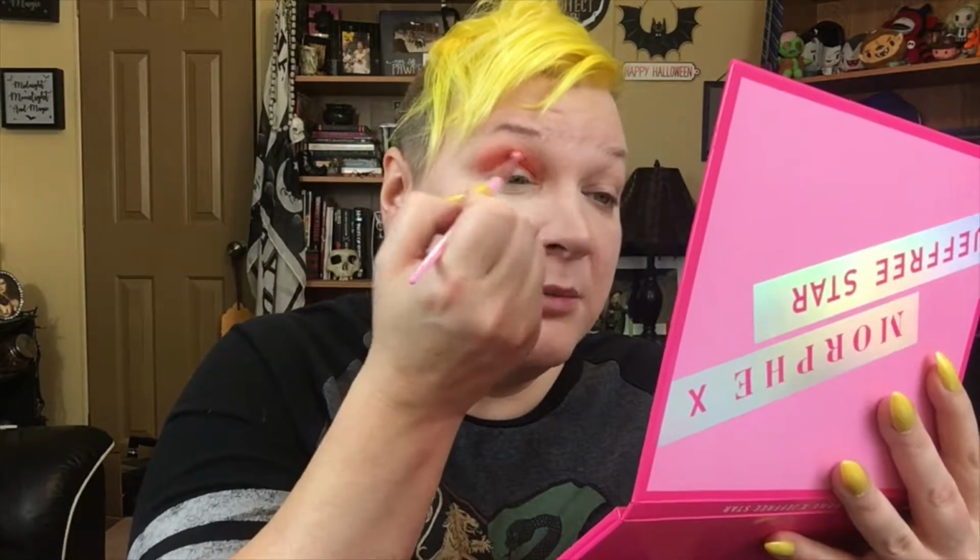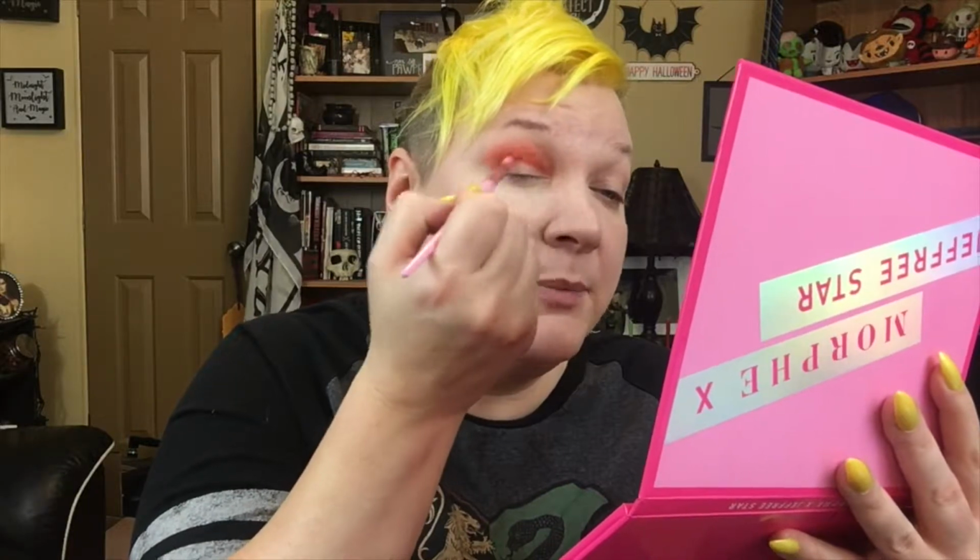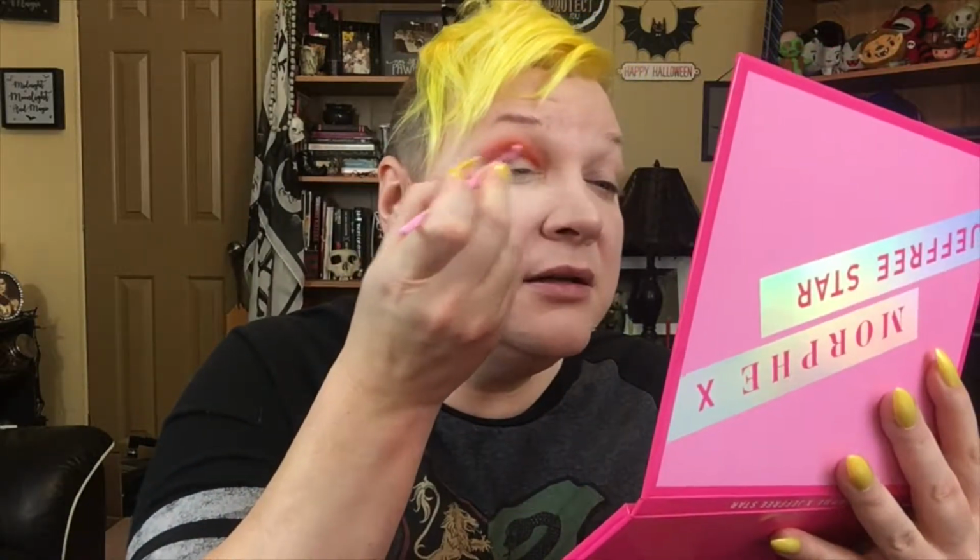Then I'm going to take the one that is similar to that one, which is the JS12 Precise Blending with a tapered brush. It's just the larger version. I'm not going to pick up any product. I'm just going to blend that. I'm trying to use every brush to see which one I like best. I'm going to pick up a little bit more product, see if it...